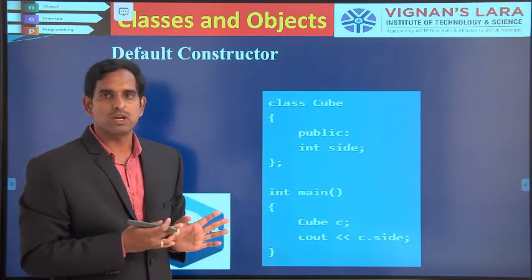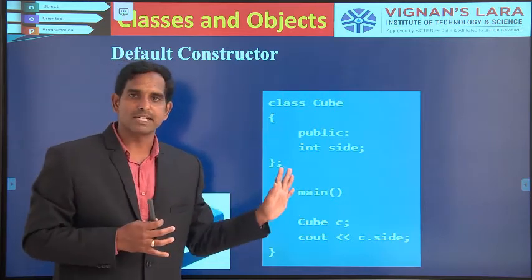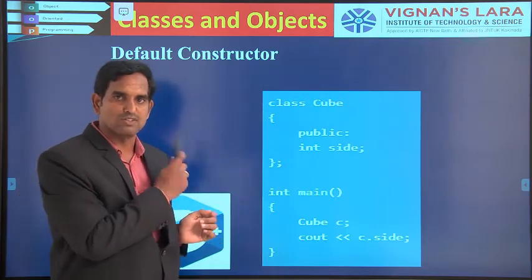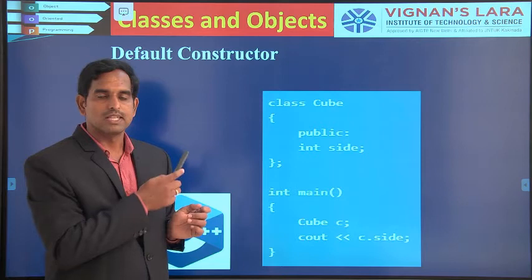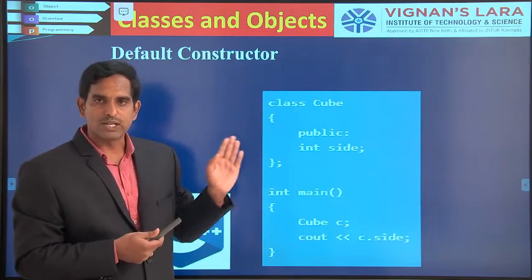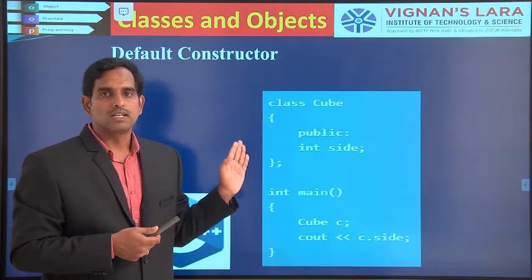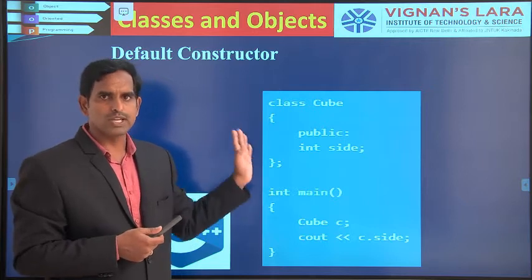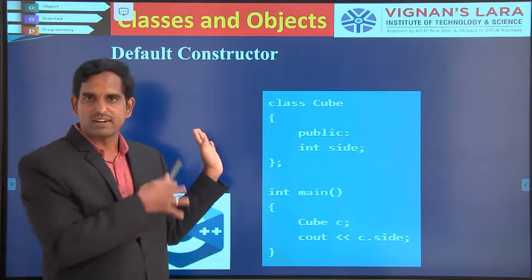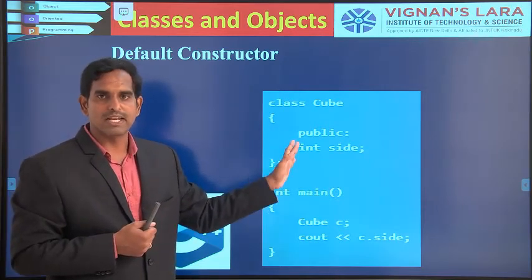In the next session, we will look at what a parameterized constructor is, how to write parameterized constructors, and how you can overload the constructor. I told you about function overloading in the previous session. That is, you can have more than one constructor by overloading them, and we will also look at what a copy constructor is. We will look at all these things in the next session. In this session, we just looked at what a constructor is, function overloading, as well as nested classes. We will look at the remaining things in the next session.